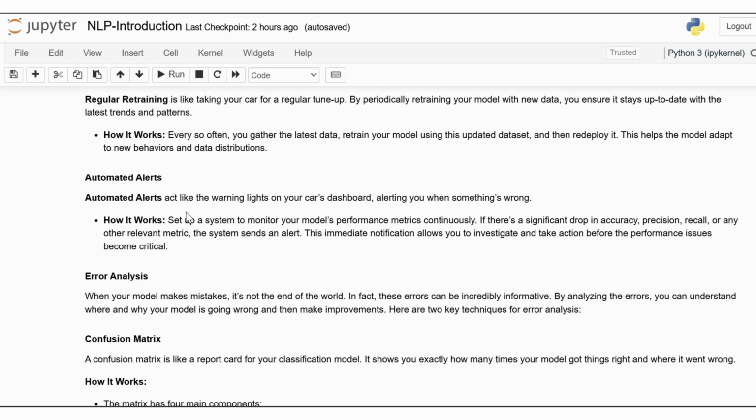Configure automated alerts which act like the warning lights on your car's dashboard, alerting you when something's wrong. Set up a system to monitor your model's performance metrics continuously. If there's a significant drop in accuracy, precision, recall, or any other relevant metric, the system sends an alert. This immediate notification allows you to investigate and take action before the performance issues become critical. By keeping an eye on model drift and taking proactive measures, you can ensure your machine learning models continue to